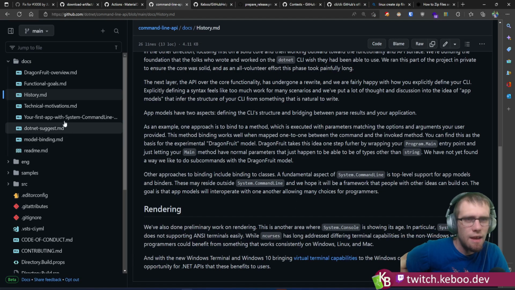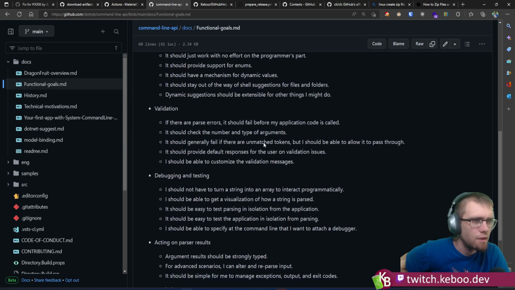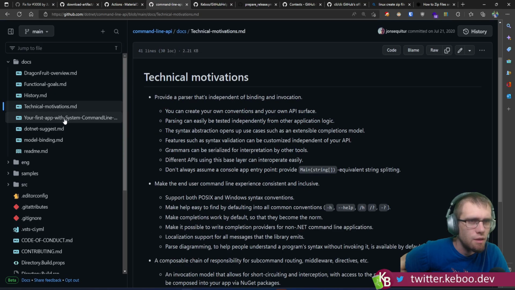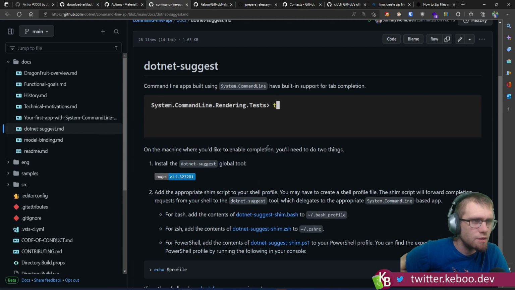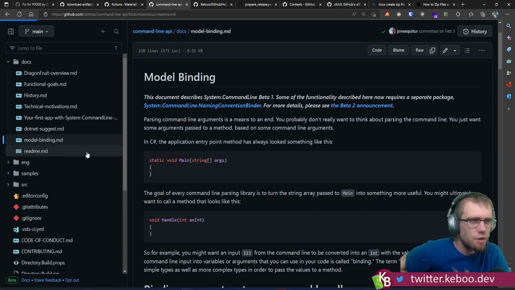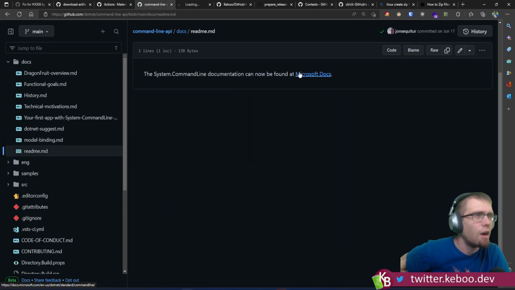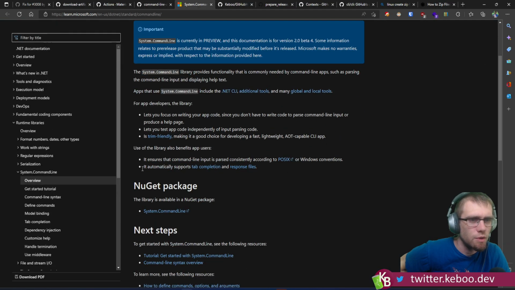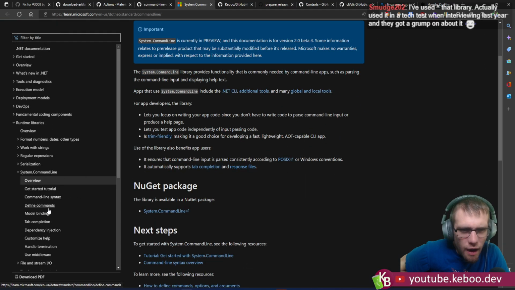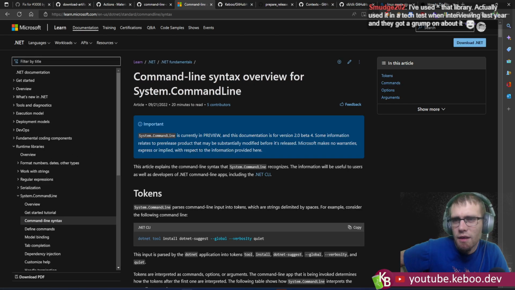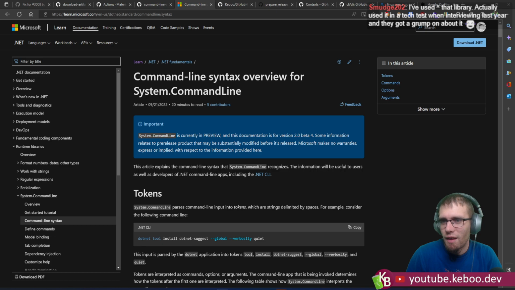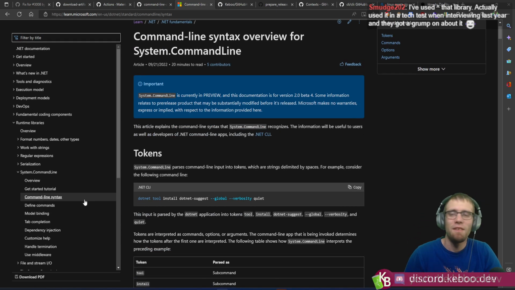One of these things had a breakdown of, where is the terminology? Oh, that's right. We moved it into the actual real docs. I forgot about this. Command line syntax. I view that. Really interesting that they